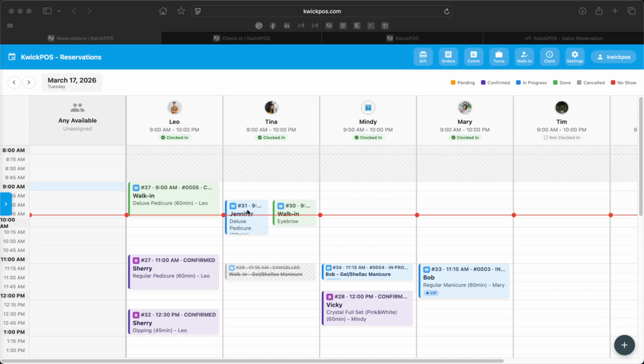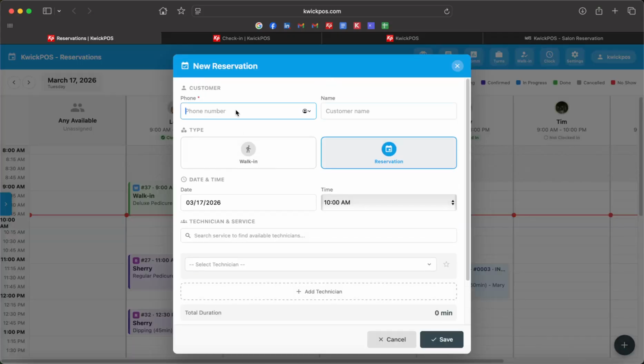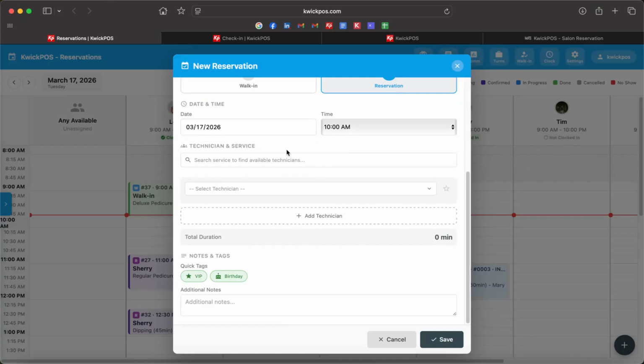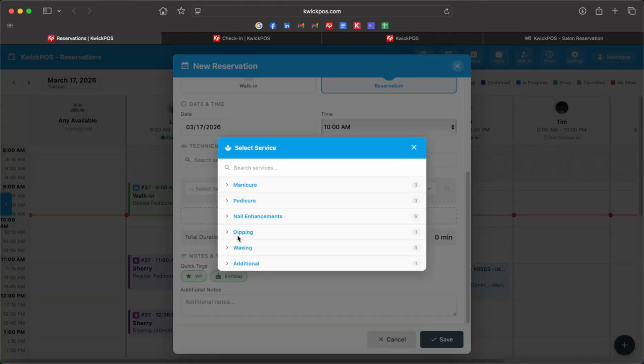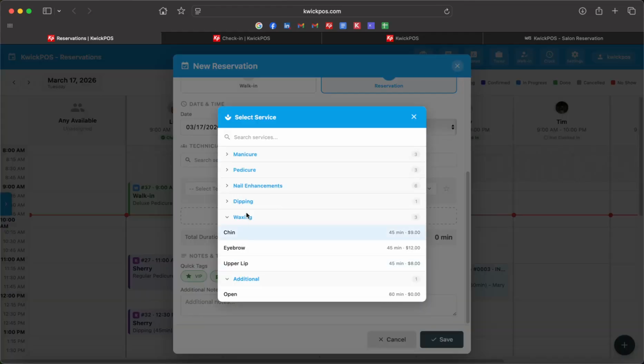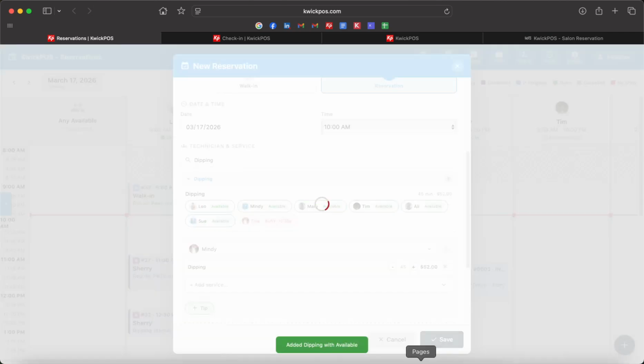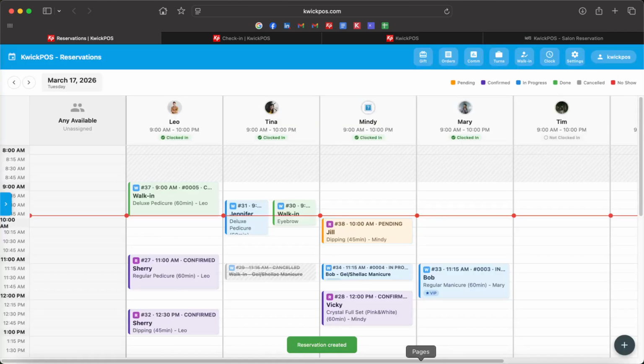And that is color coded depending on what it is. So if it's a pending order, it'll look orange. Let me create a ticket right now to show you how that would look. So let's say a reservation. She wants to do a 10 o'clock with a dip, and then whoever's available, let's say Mindy, and then you click save, and then it'll be a pending